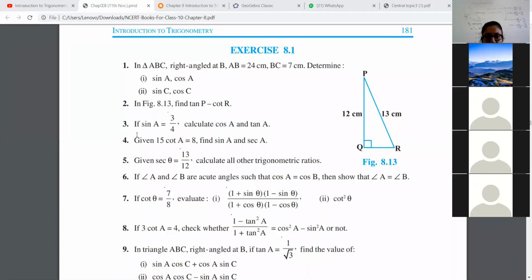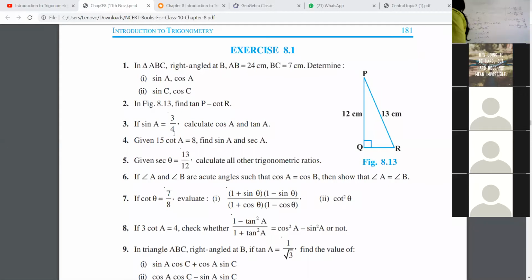Now here, only in the third and the fourth one. See, this is easy. Second one, because two sides are given as 12 and 13. You know how to find out the third side using the Pythagoras. Here the hypotenuse is given, one side is given, you have to find the other side. So apply the Pythagoras to find the third side. That is fine. But what will happen when it is the third problem? Sine of angle A is given as 3/4. What will you do? Sine of angle A.